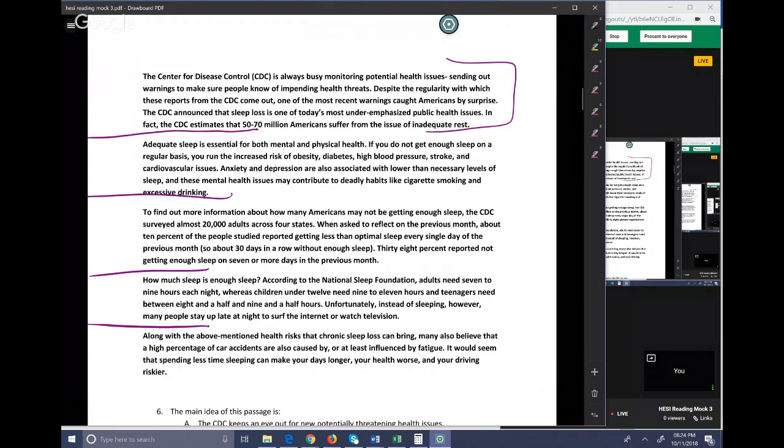The CDC reporting it is somewhat critical, but you can be okay if you didn't say CDC in your main idea. Sleep loss being common and dangerous are the two things. So sleep loss being common and being dangerous. If you didn't have those two things in one form or another, you don't have to use the words that I'm using. But if you didn't see that it is common, it's affecting a lot of people, it's a major health issue, and that it causes major effects as opposed to really minor effects in the long term, that's what you should have gotten.